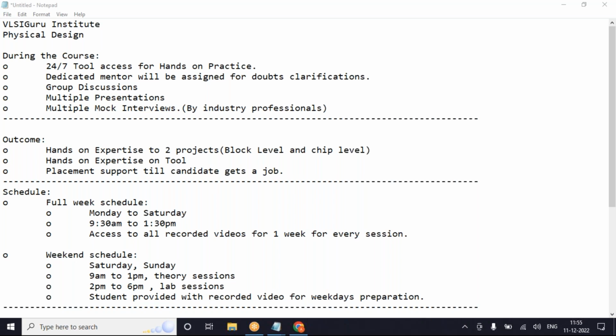But in case you are not able to understand or perform, for example, the TCL batch is done, you attended TCL but only 50%, we will allow you to attend again. You can revise. The next batch is coming after a month, and you can sit there and attend again. That's how we will support you to upgrade yourself as well as get a job.